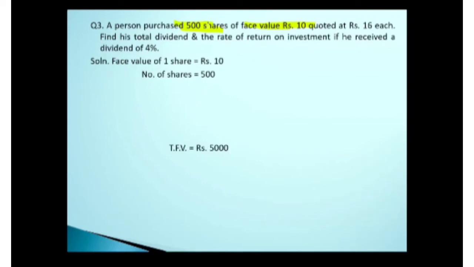तो इसके बाद what was the next thing we used to do? Rate of dividend. कितना दिया rate of dividend? 4% is there. All right. You just mention the rate of dividend as 4%, and then you calculate the total dividend. You know the formula of total dividend was given as rate of dividend divided by 100 into total face value. So do that calculation and write down the answer of your total dividend in the chat box.